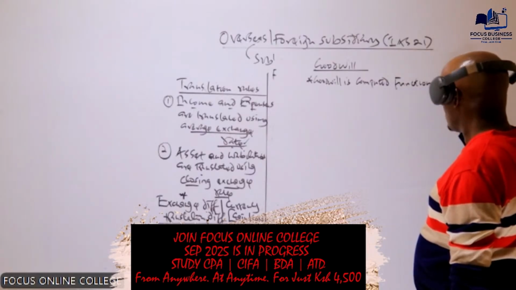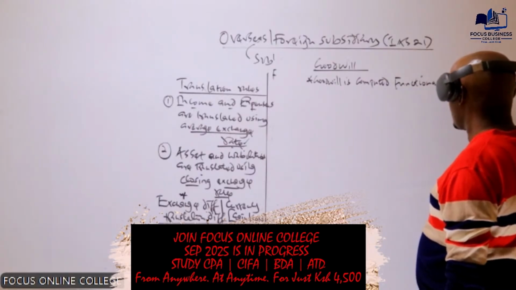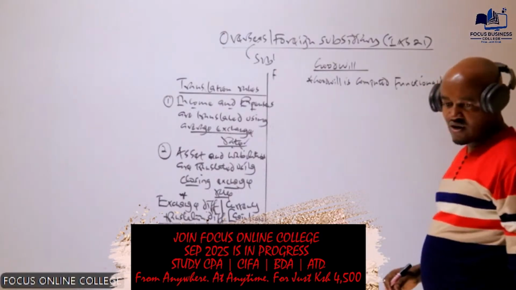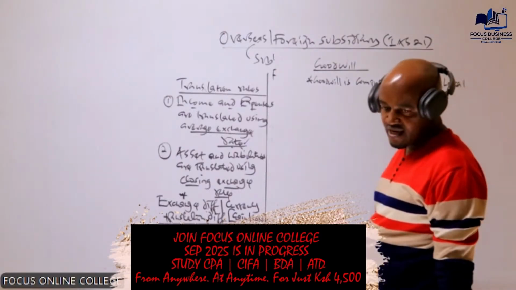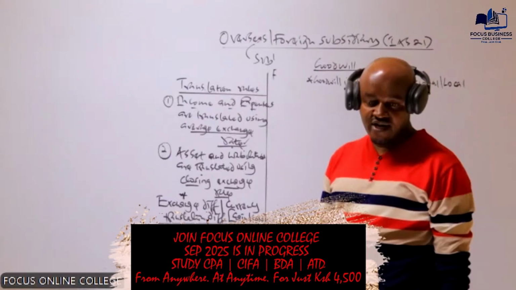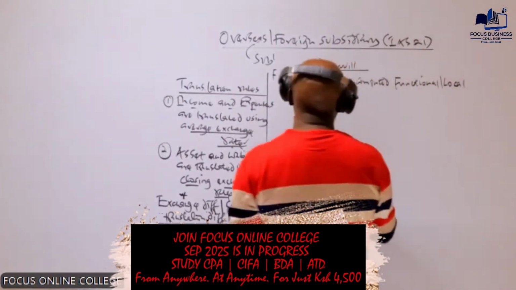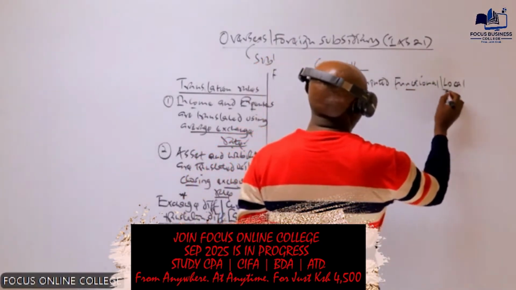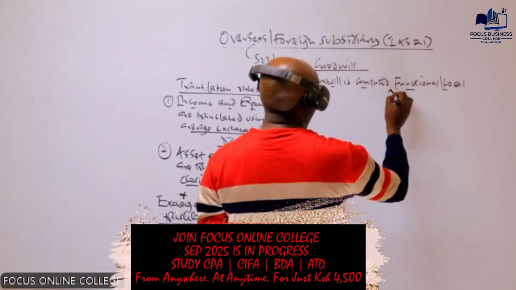The functional currency, remember, is the local currency. For example, the local currency of Kenya is Kenyan shillings. The local currency of Rwanda is Rwandan franc. So first of all, we compute the goodwill using